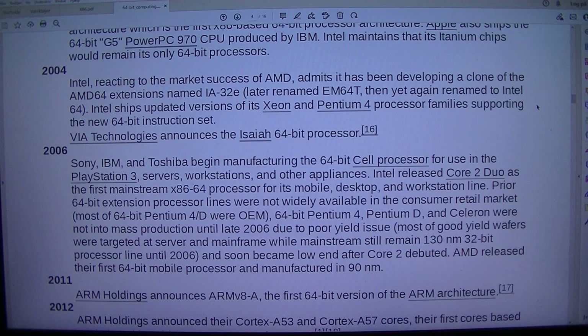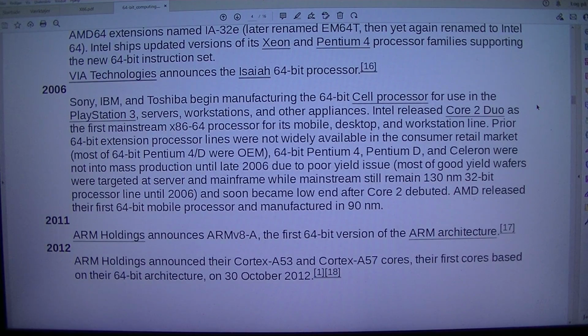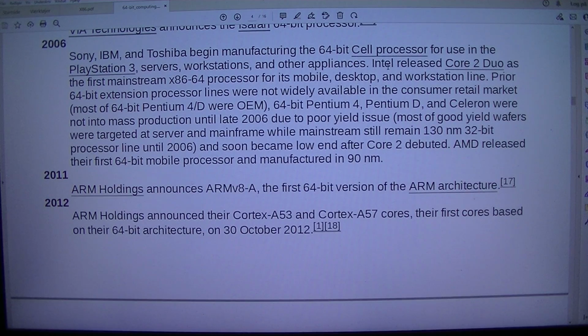16. 2006 Sony, IBM, and Toshiba begin manufacturing the 64-bit Cell processor for use in the PlayStation 3, servers, workstations, and other appliances. Intel released Core 2 Duo, the first mainstream x86-64 processor for its mobile, desktop, and workstation line. Prior 64-bit extension processor lines were not widely available in the consumer retail market. Most of 64-bit Pentium 4/D were OEM,